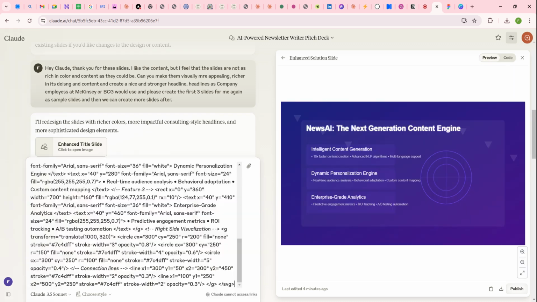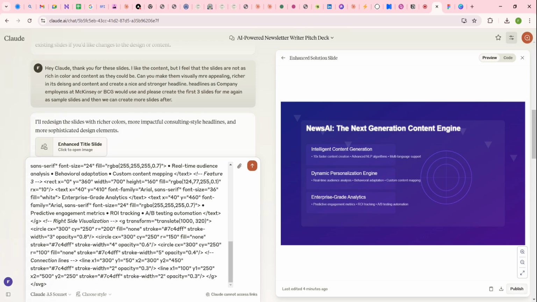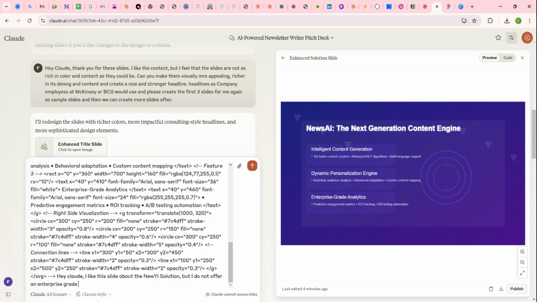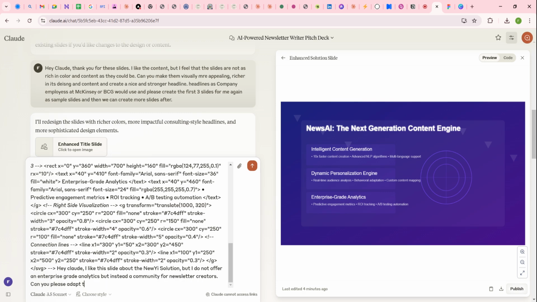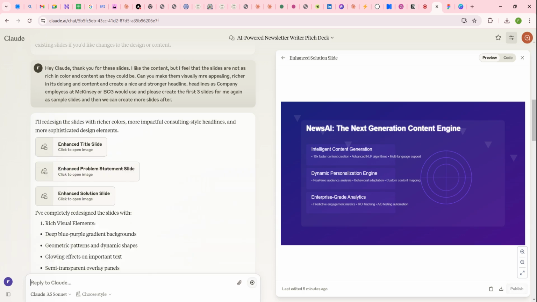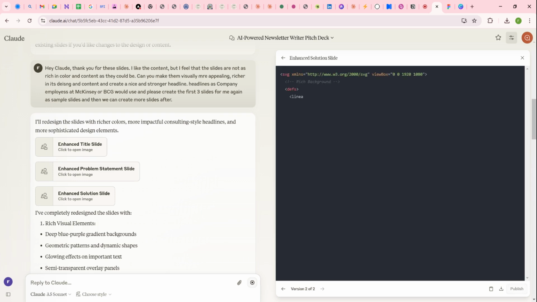You put the whole code into here and you say at the end of the code, however you want to do it, hey, Claude, I like this slide about the News AI solution, but I do not offer an enterprise grade analytics, but instead a community for creators, for newsletter creators. Can you please adapt this slide with this new information? We click enter, and now what we will be seeing, this is normally what I see, and this is exactly